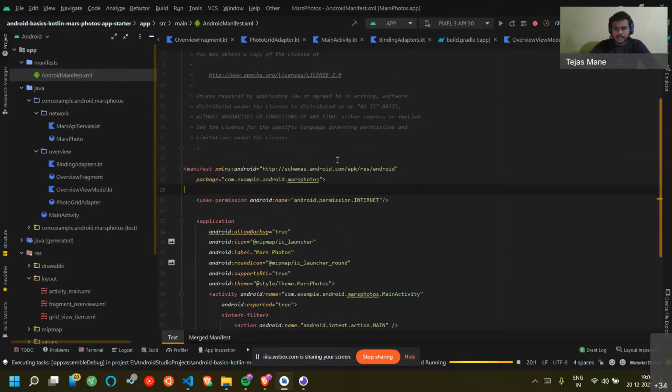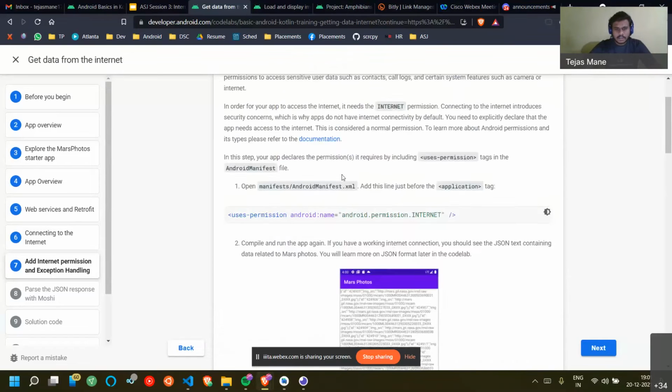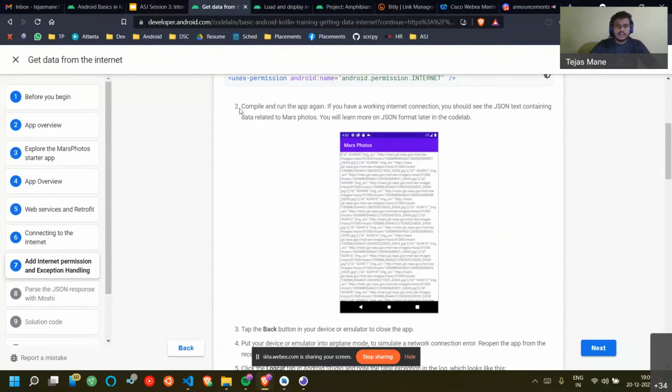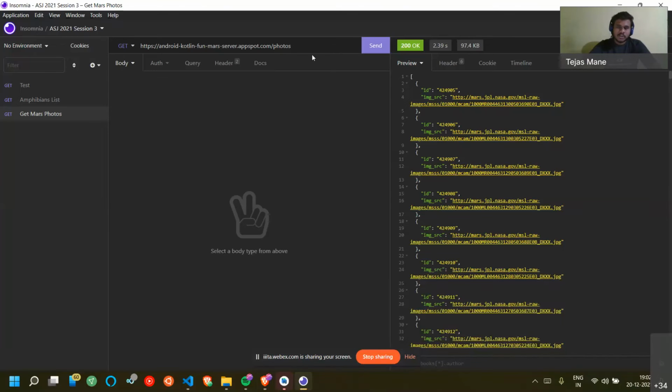okay, let the Gradle build. Meanwhile, we can move further. So you can see here what they have done is they have placed a text view in the fragment, and whatever response we are getting from the server, they are displaying the string format of it in the text view. So instead of doing all this to know the format of the response, use this software to test your APIs and get the response, so you can format your objects accordingly.